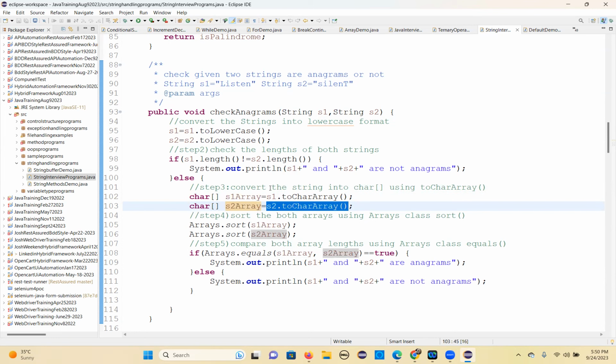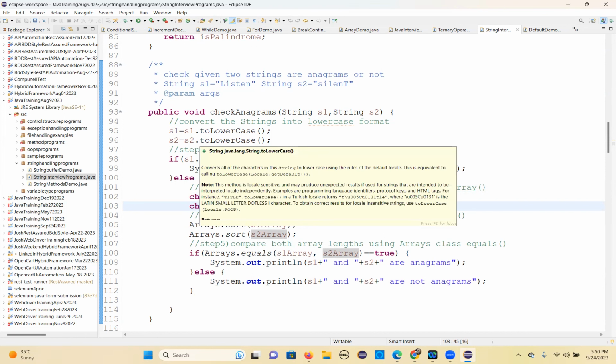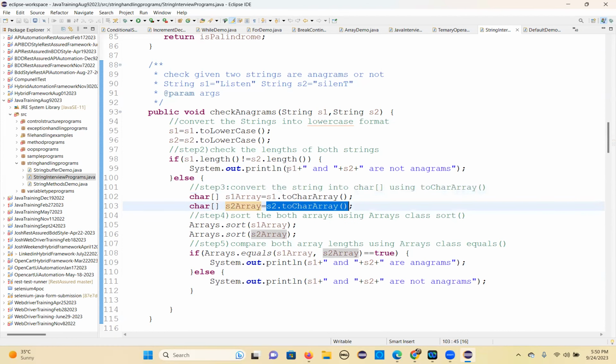See, you can observe here we're using all the string methods that we already discussed individually. Now to solve this problem, we are combining all the methods, step by step. That's the character array. Now you got two character arrays. Then step 4,